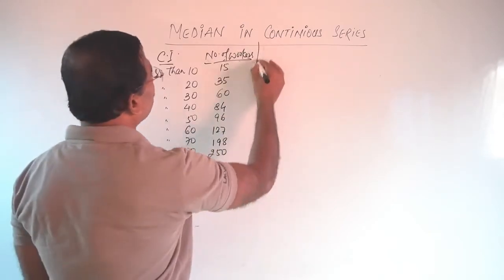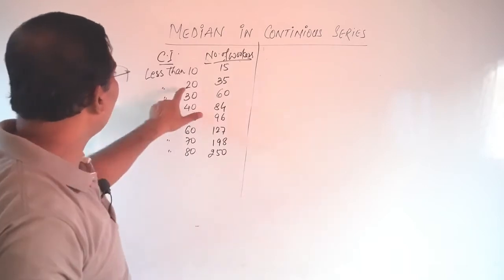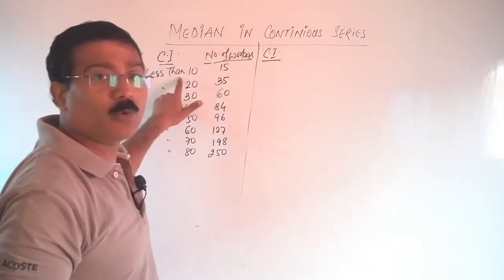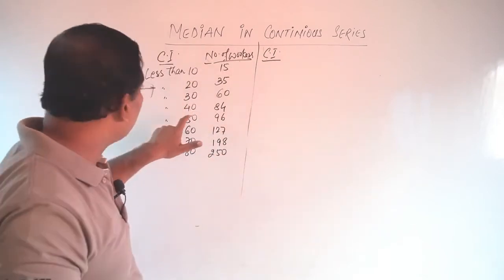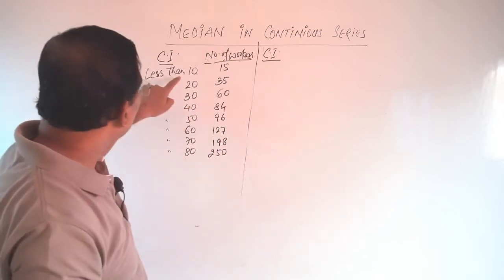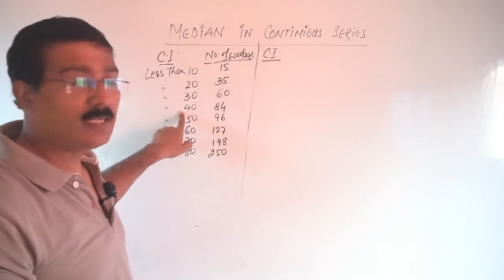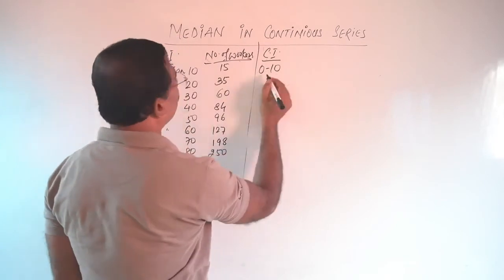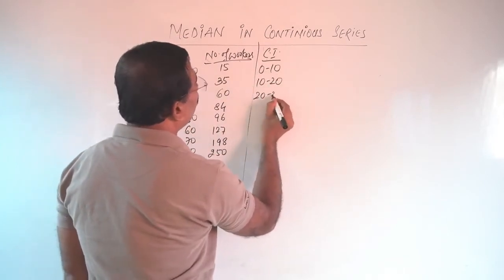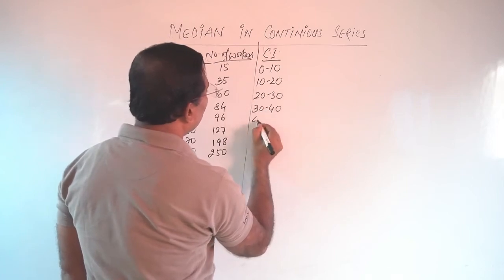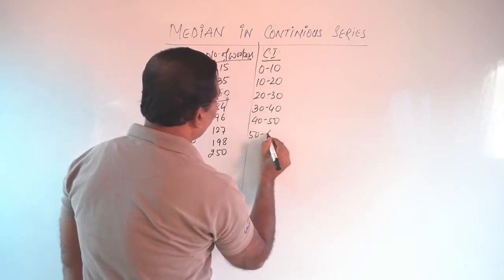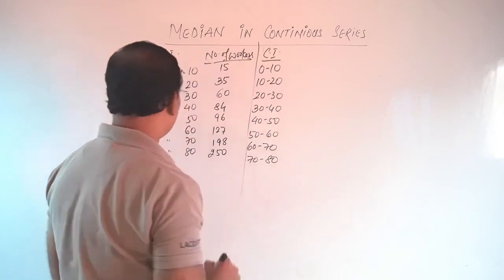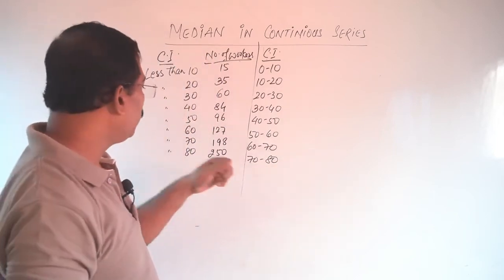Okay. In this type of question, first of all you will have to arrange the question in a proper manner. How will you arrange the question? Here is less than 10, then less than 20. So the class interval will start from where? 5 to 10 or 0 to 10? Yes, this will start from 0 to 10. Why? The difference of 10, 20, 30 is 10, so 10 minus 10 will be 0. First 0 to 10, then 10 to 20, 20 to 30, 30 to 40, 40 to 50, 50 to 60, 60 to 70 and 70 to 80. Here is less than 80, so it will be up to 80.